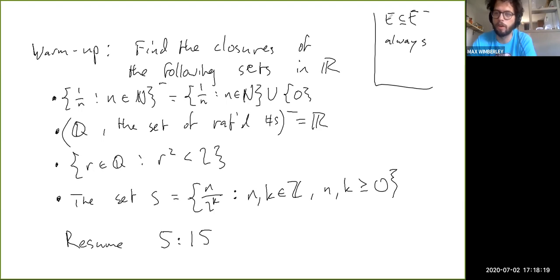So every point in E has to be in the closure. But also, from the definition, the closure is the intersection of all the closed sets that contain the set E. Because E is automatically contained in all of those sets, it has to be in the intersection of all of them. But yeah, this is R, and the reason is precisely that